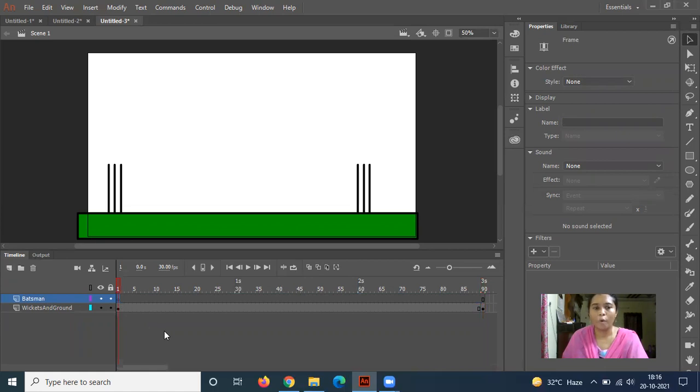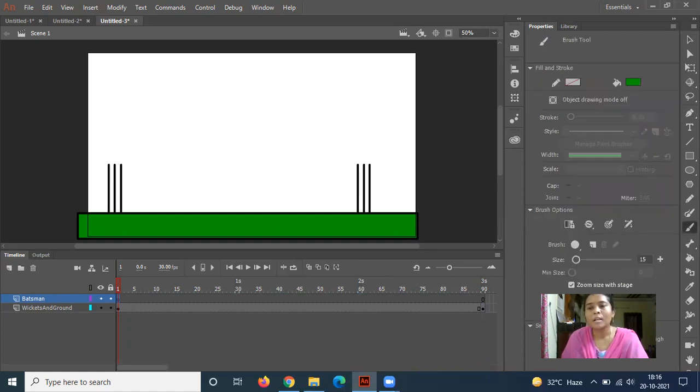Select the first frame of the batsman layer, and now I need to draw a batsman. You can draw with the help of the line tool, or any other tools. As of now, I am using the brush tool, selecting it from the toolbox. If you are okay with this particular color, you can proceed.